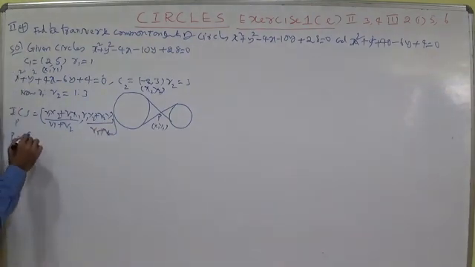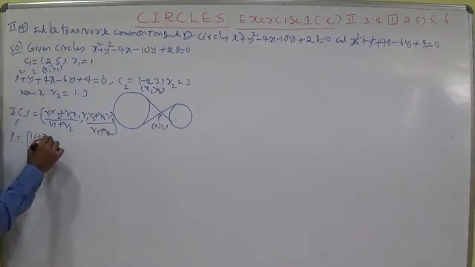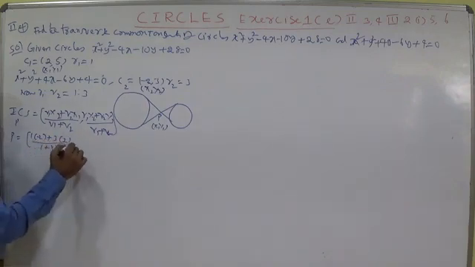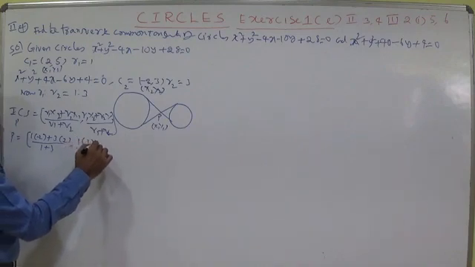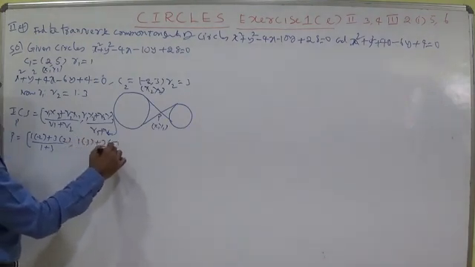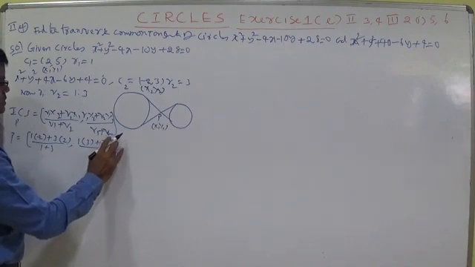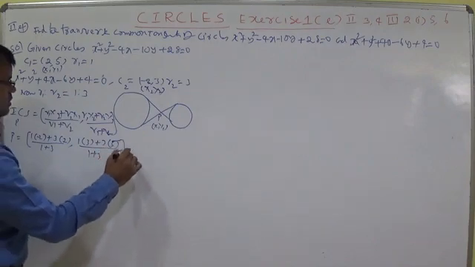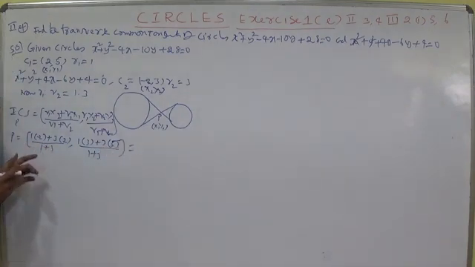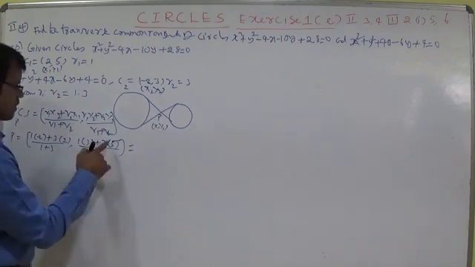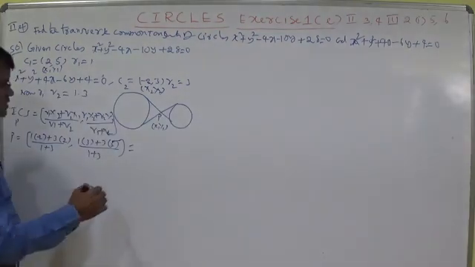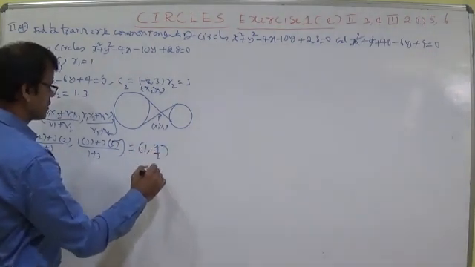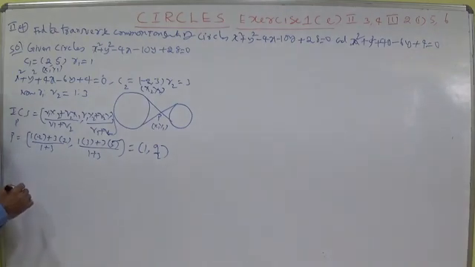R1 x2, what is R1? 1 into minus 2 plus R2, 3 into 2, whole by R1 plus R2, which is 1 plus 3. R1 y2, so 1 into 3 plus R2 y1, 3 into 5, by R1 plus R2, 1 plus 3. Here you can write 6 minus 2 is 4, 4 by 4 is 1, and 3 plus 15 is 18, 18 by 4 is 9 by 2. This is also an important 7 mark question. (1, 9/2) is the point of intersection here. Now